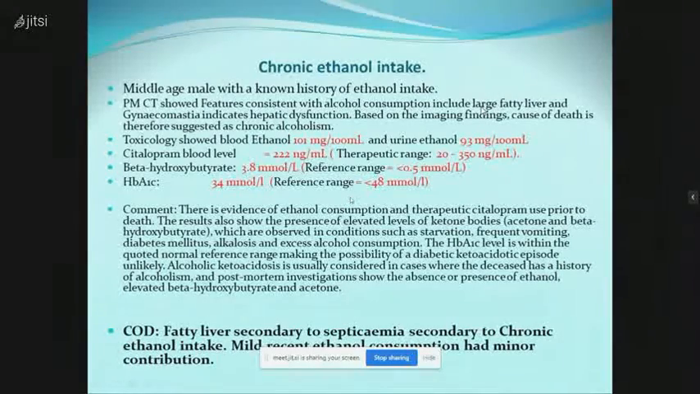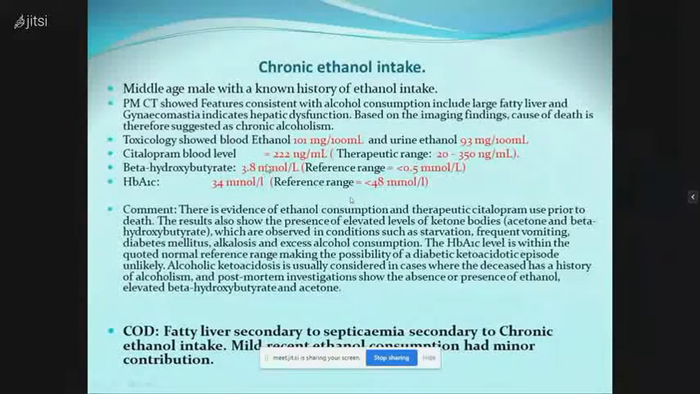It's an example of chronic ethanol intake: a middle-aged male with a known history of ethanol intake, and the CT postmortem found no significant abnormality other than fatty liver. The fatty liver occurs as a result of the chronic intake, as you know, and the level of blood ethanol was 101 milligram, which is not very high, and the urine 93 is just above the normal or what is expected, and